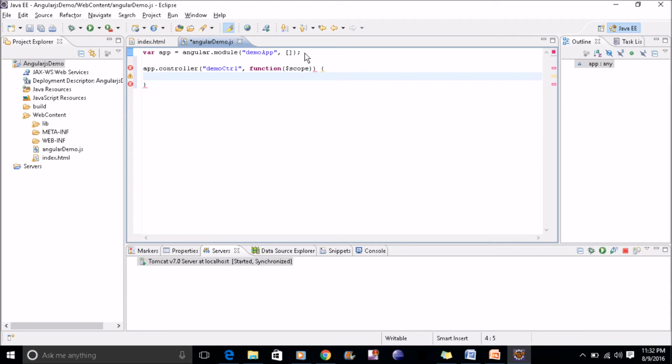I'll just create one simple scope dot names equal to, keep it now. I'll show the two-way data binding here. So this will come here.